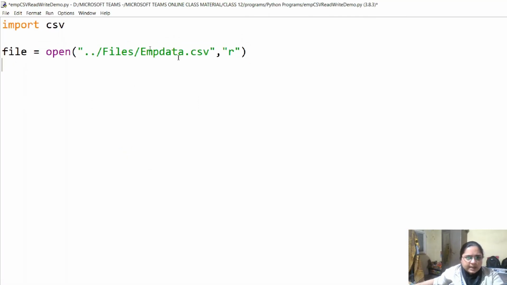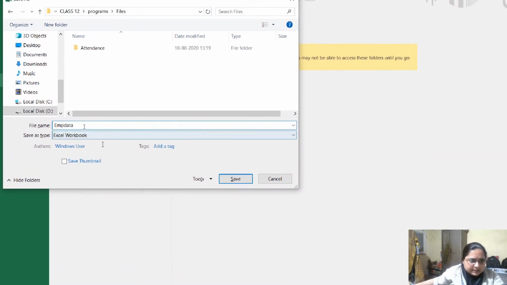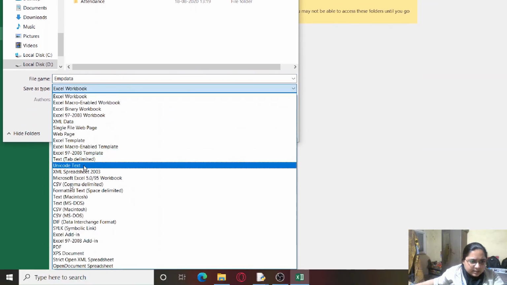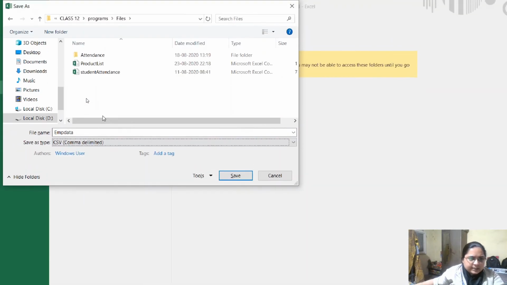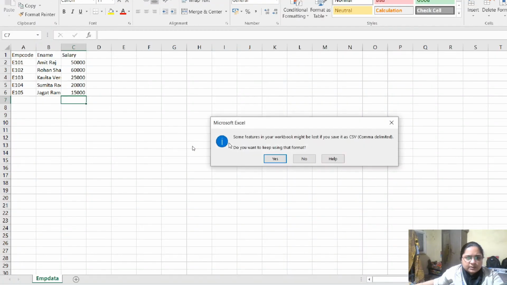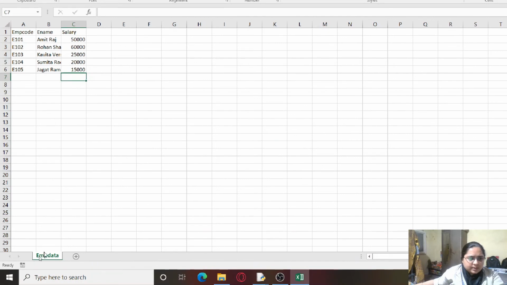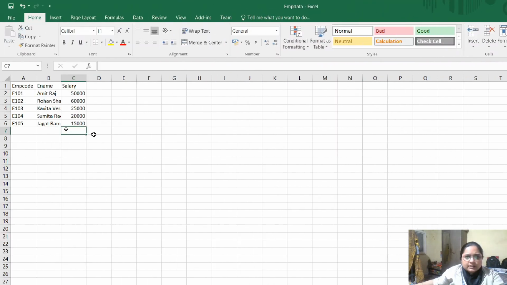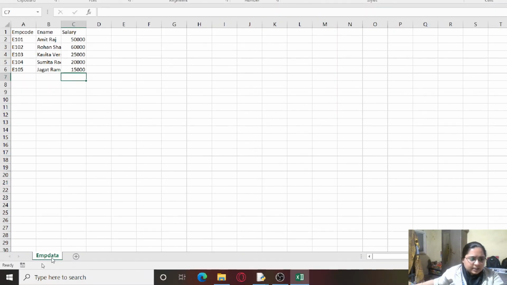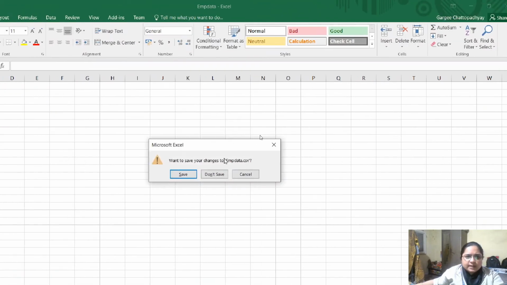The name was empdata.csv, so I'm just going to type empdata. From save as type, I'm going to select CSV, comma delimited, and press save. It will ask me for a confirmation, so I will press yes because I want to keep using this format. Now you can see that the sheet name has also changed to empdata. I'm going to close this file now.